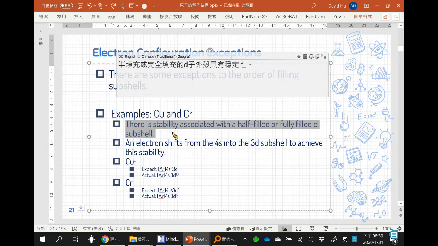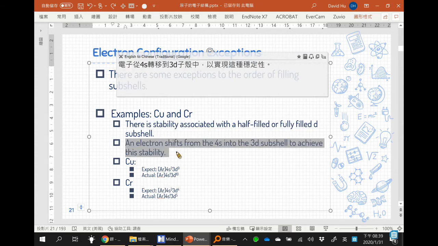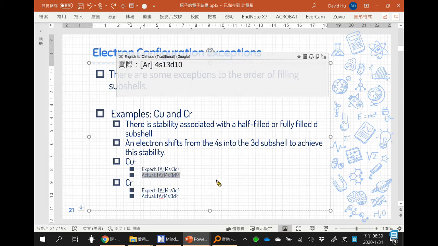There is stability associated with a half-filled or fully filled d subshell. 半填满或是完全填满的 d 次壳层具有稳定性。An electron shifts from the 4s into the 3d subshell to achieve this stability. 电子从 4s 转移到 3d 的次壳层中，可以实现这种稳定性。例如铜，原来预期的是 4s2 3d9，实际上是 4s1 3d10。然后铬，原来是 4s2 3d4，一个 s 电子跳到 d 轨域就变成 4s1 3d5，都是一个半满、一个全满，这样稳定度较高。